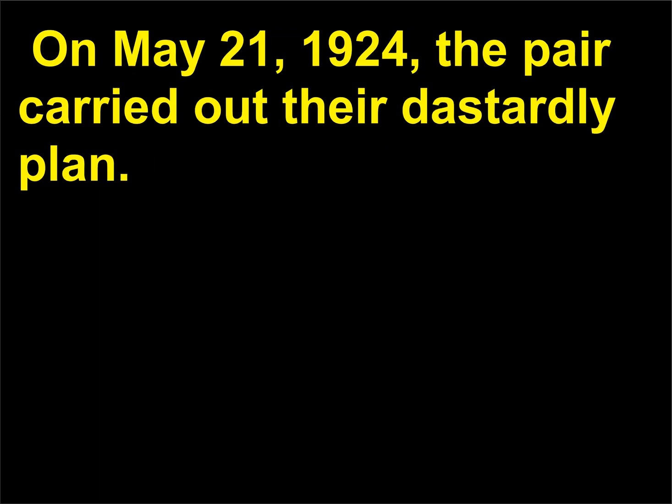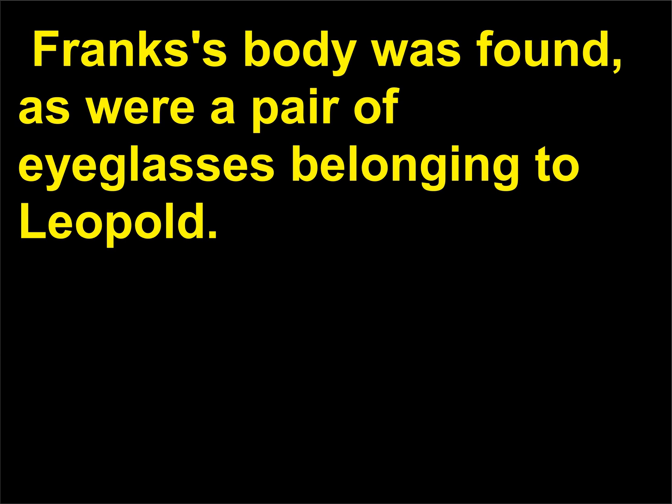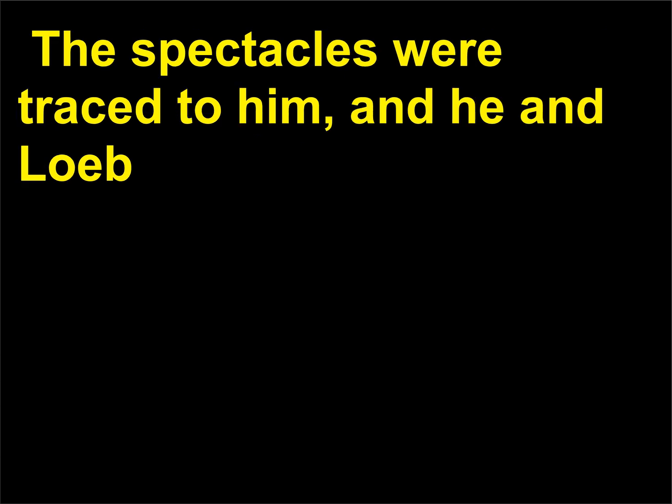On May 21, 1924, the pair carried out their dastardly plan. Their victim was 14-year-old Bobby Franks, son of a millionaire and cousin to Loeb. Franks's body was found, as were a pair of eyeglasses belonging to Leopold. The spectacles were traced to him,